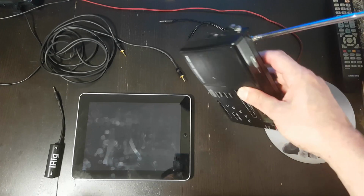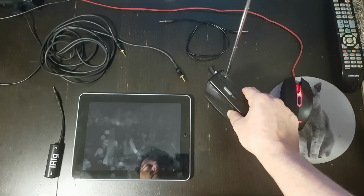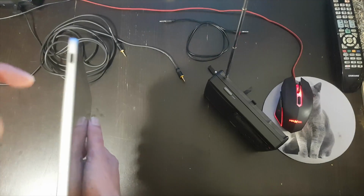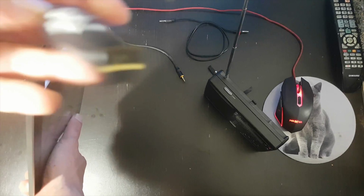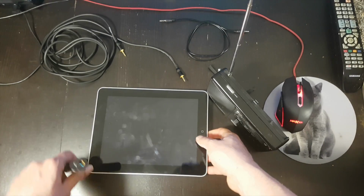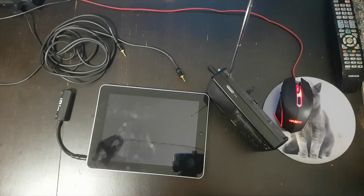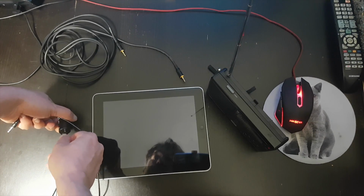Okay, well, you have the headphone out. I'm using it on batteries at the moment because, well, I didn't want another adapter and I want to have it portable. Okay, so now I'm hooking up the cable to this device. Yes, hooking it up. Okay, now that's done. What we need now is I'm hooking up this cable to the headphone out,